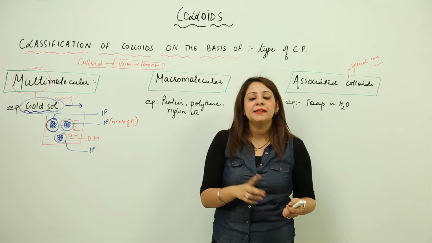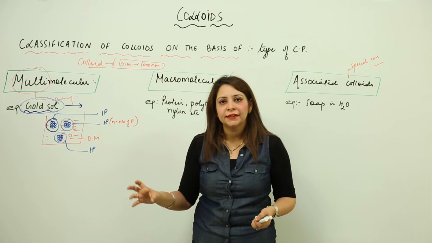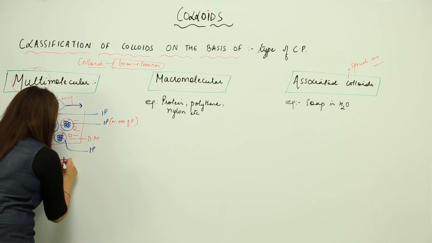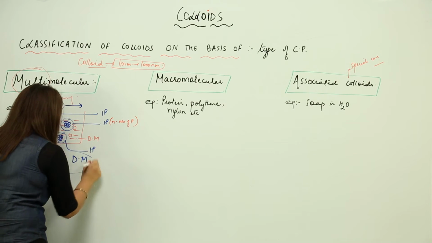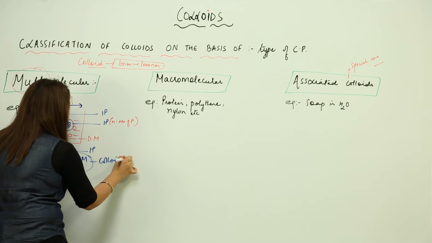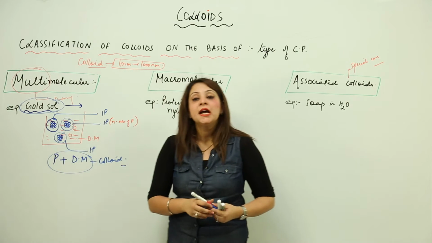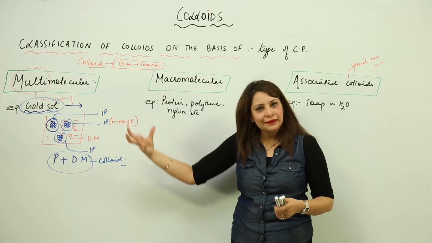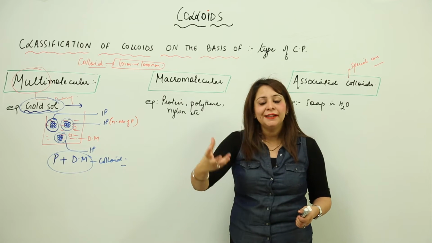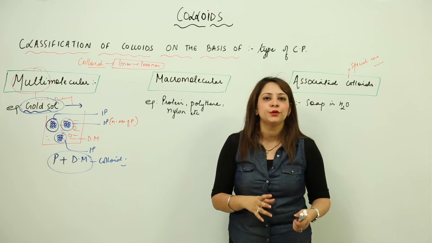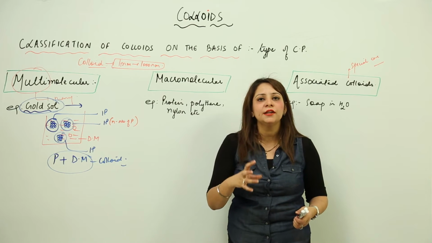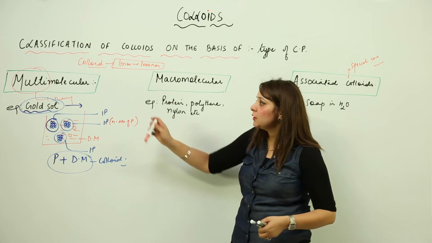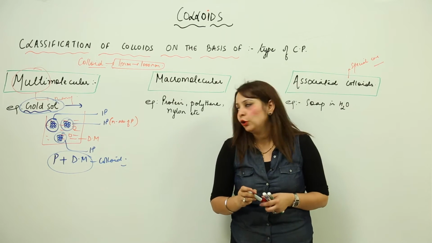Keep in mind one thing: the particles alone are not a colloid. What is a colloid actually? A colloid includes the particle plus the dispersion medium. They together form the colloid. So don't get confused because I am using the words that they cling to each other to form one colloidal particle. Don't think that only the particles are the colloid. No, it's not that. The particle with the medium, they both form the colloidal solution. That means both are the phases of the colloid. Both unite to form a single colloid. So this is the multimolecular colloid.